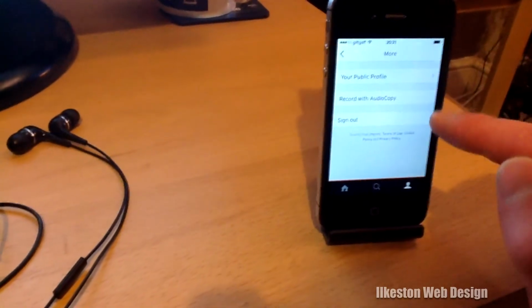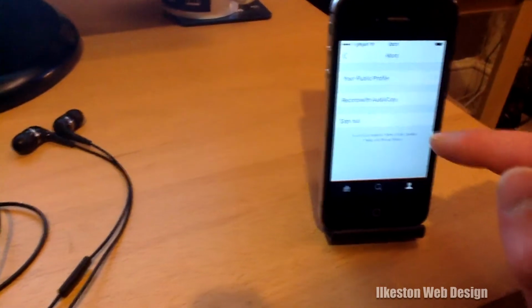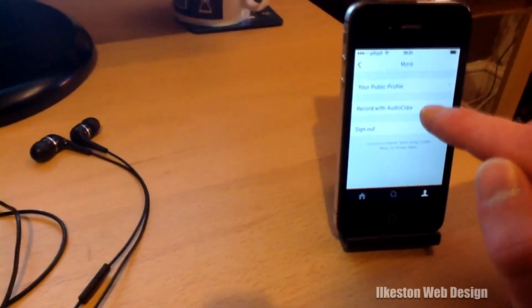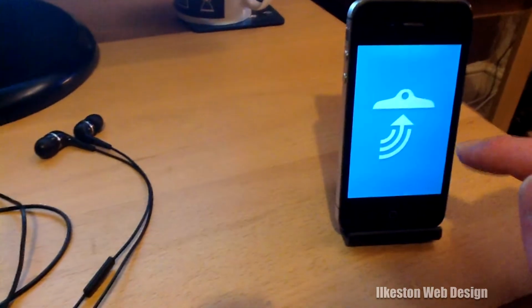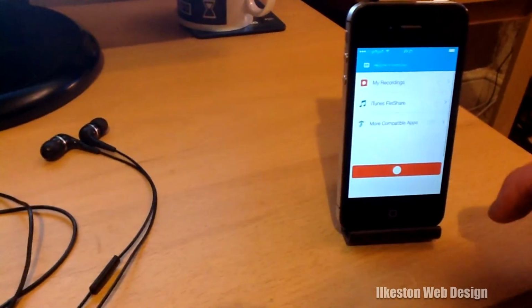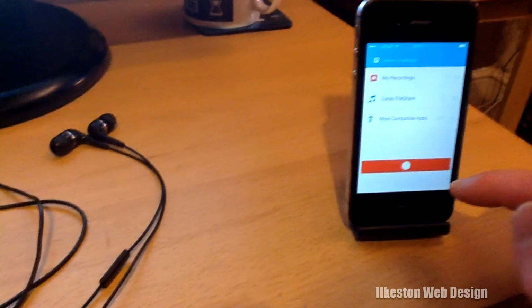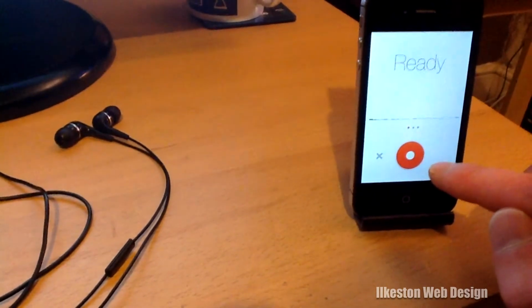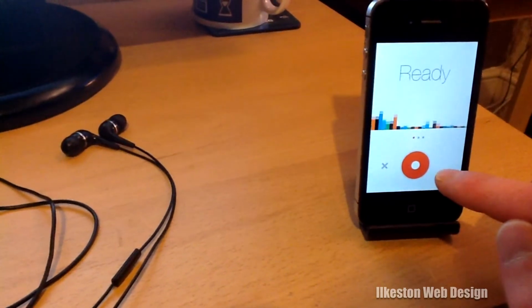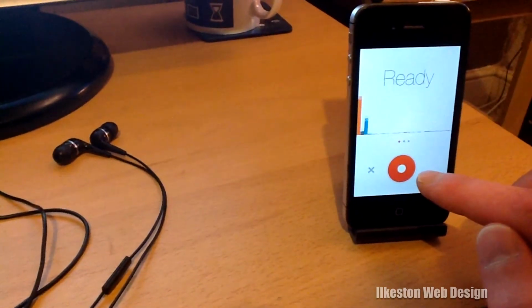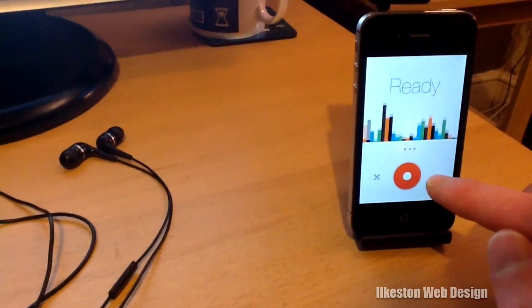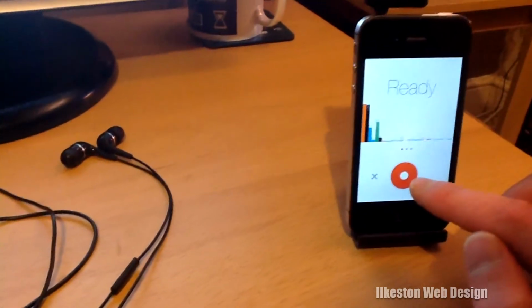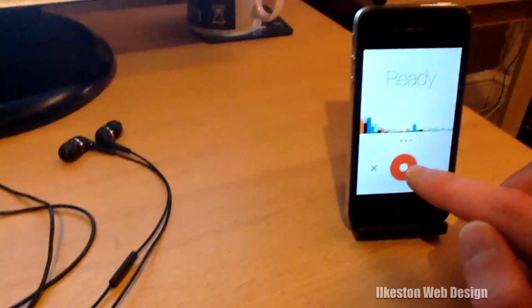Now I downloaded Audio Copy already, so that's on the phone, and you need that in order to use SoundCloud. So let's go record with Audio Copy. So Audio Copy is opened up now, and we've got the record button. Okay, so if I press record and it says it's ready, you can see the graphic equalizer, well, sorry, not equalizer, that's velocity, isn't it? If I press the red record button,